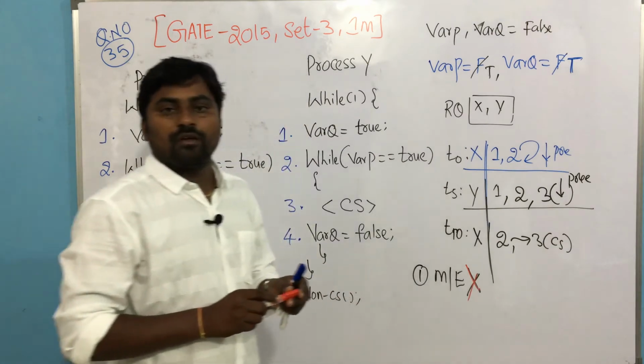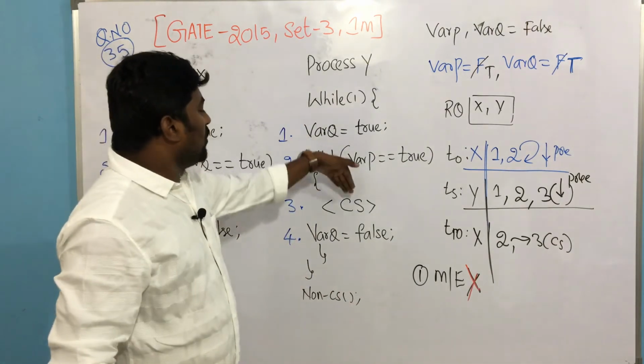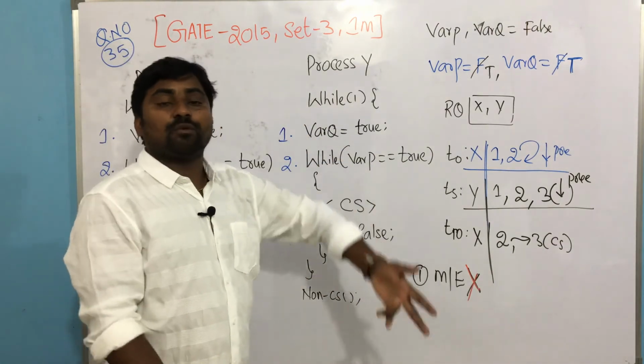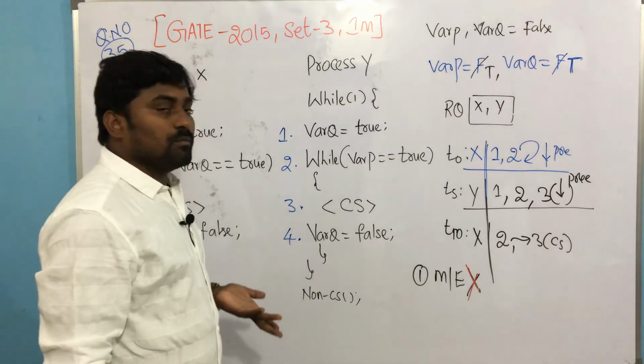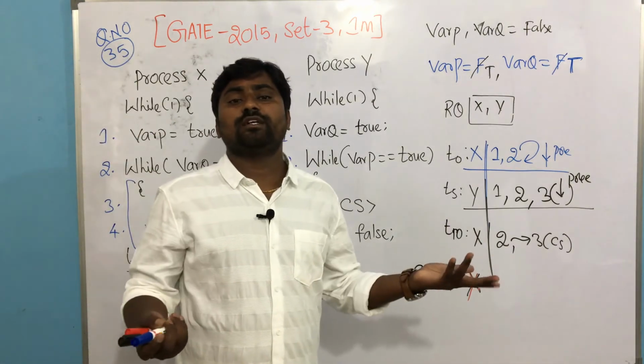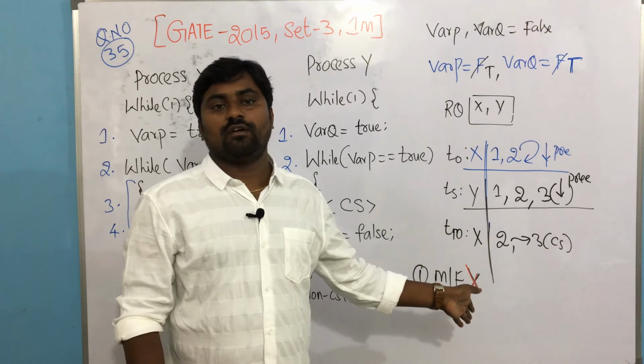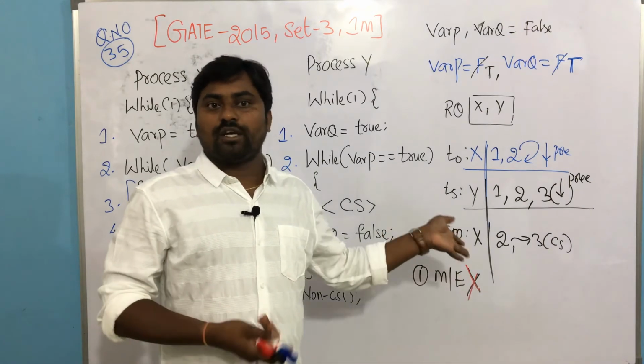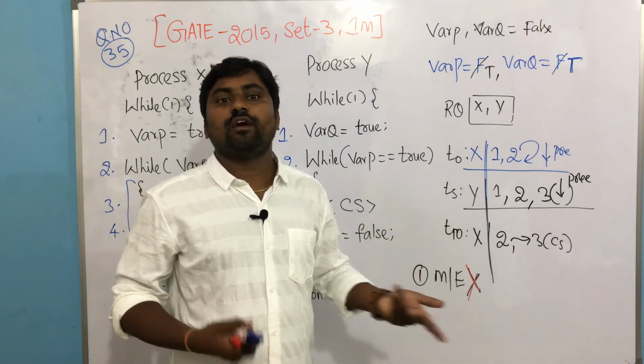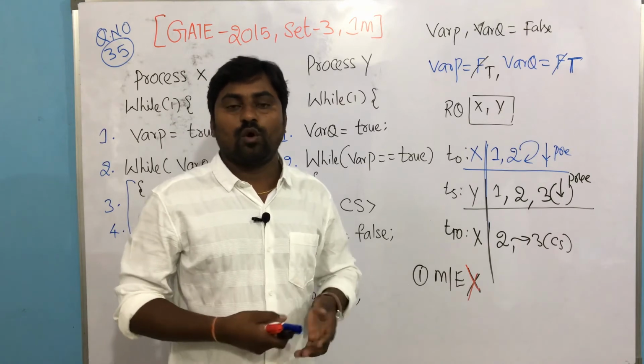Yes or no? See, one of the processes I load, I keep in the critical section, I apply the preemption, and the other also enters. That means when both are interested, both enter the critical section, or not? Both are interested, both enter the critical section. So it is violating our requirement. Yes or no? Yes, violating the requirement.